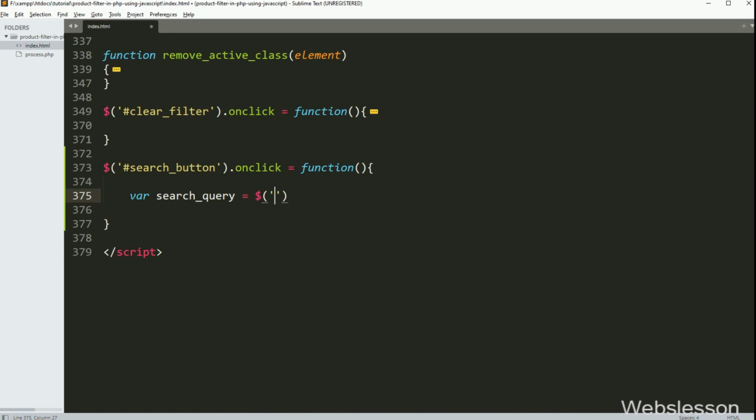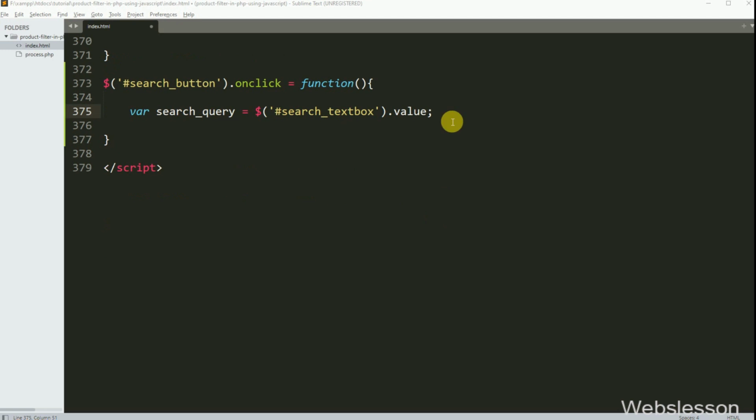So here we have stored the search text box value in the search_query variable. After this, we have written an if statement, and under the condition we have written that the search_query variable value is not equal to blank. If this condition is true, then it will execute the if block of code.